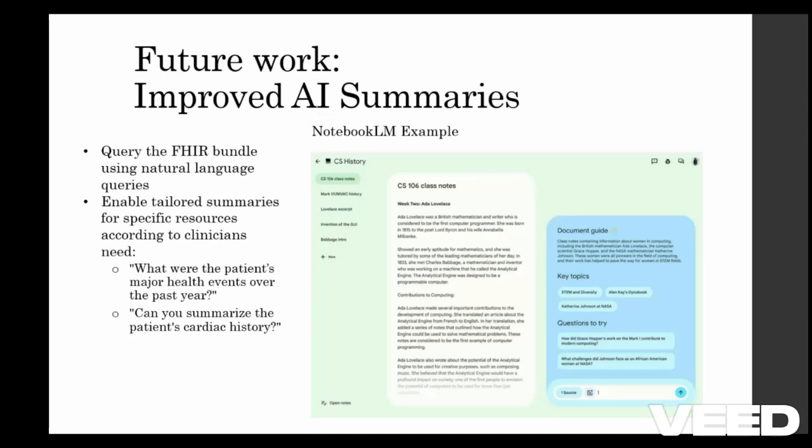Another potential improvement of the project would be improving the AI summary portion. This would mean allowing clinicians to query the FHIR bundle using natural language queries, just asking pointed questions about the patient and their history. This would allow more tailored summaries for specific resources. So clinicians could ask specifically about procedures, encounters, and that could really empower them to find the data that they